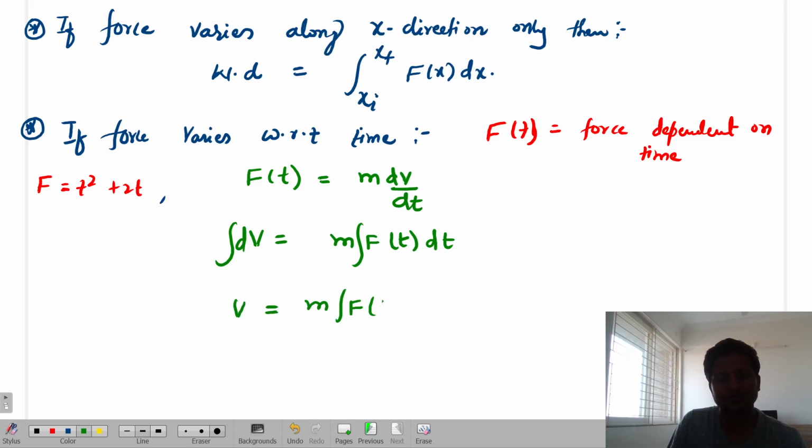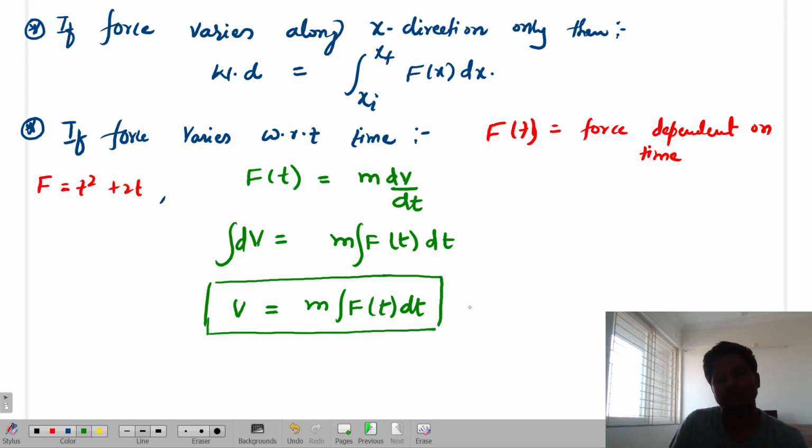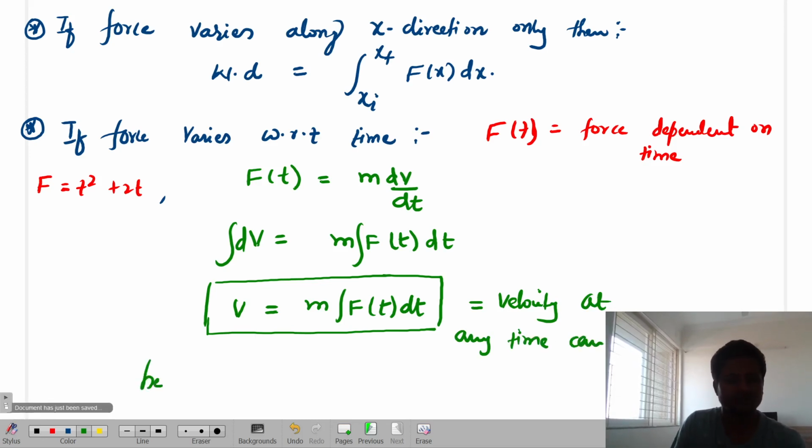आएगा ना। ये क्या देगा तुम्हें? वेलोसिटी का इक्वेशन। This provides you the velocity equation. So velocity at any time can be found by replacing, I'll tell you, by replacing